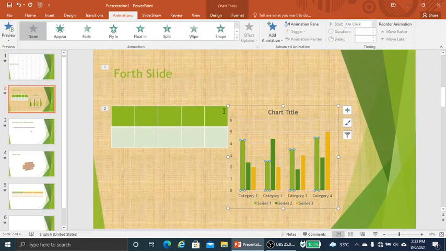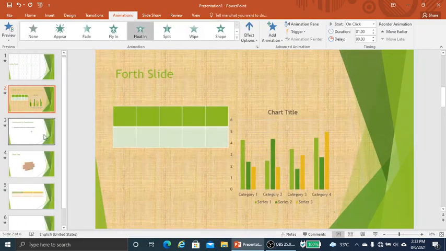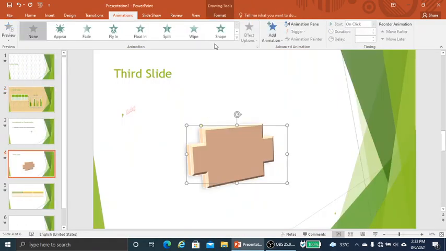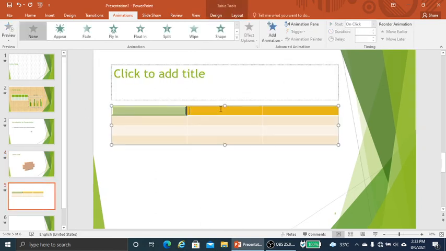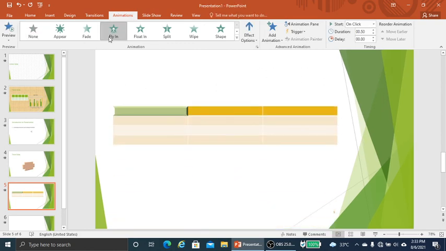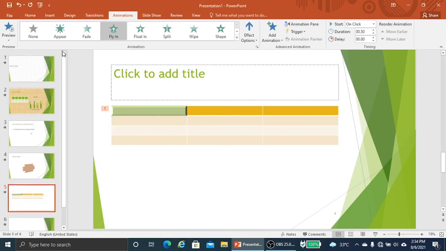This chart should come floating. This object should come weeping. This table should come flying, like this. So these animations are applied to objects of the slide, and transitions are applied to the slide, and together they give a beautiful design to the slide presentation.